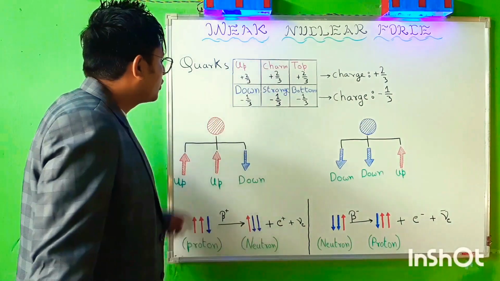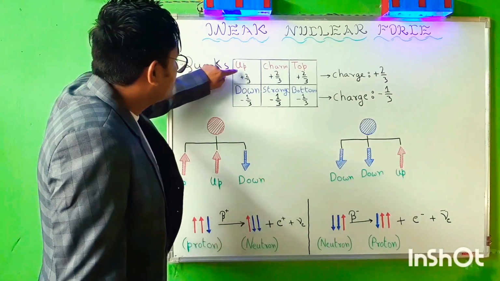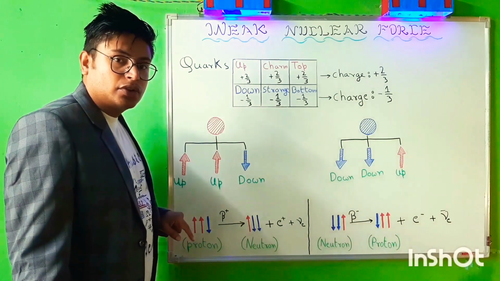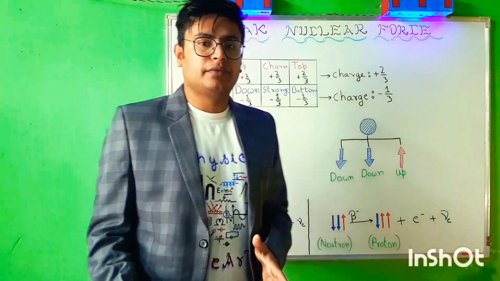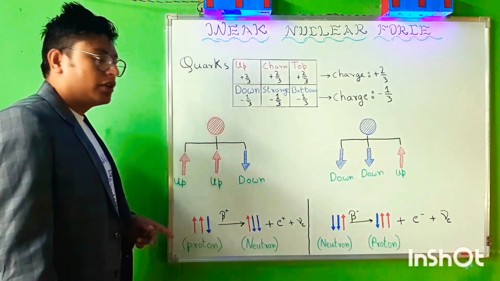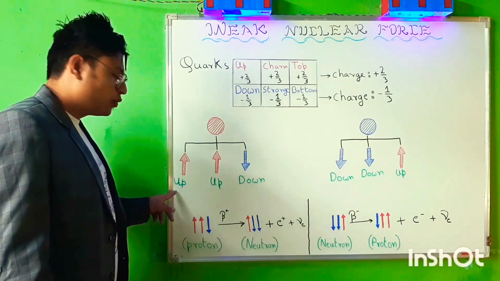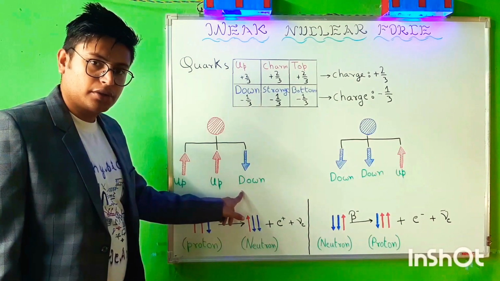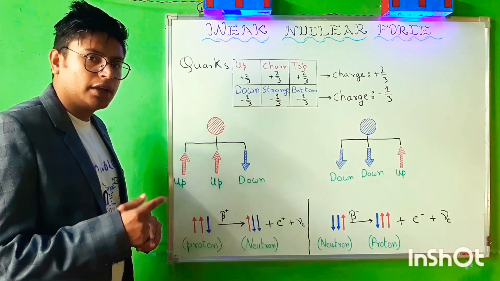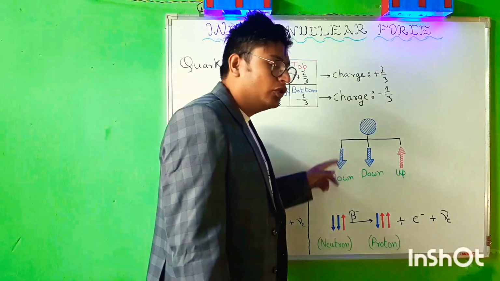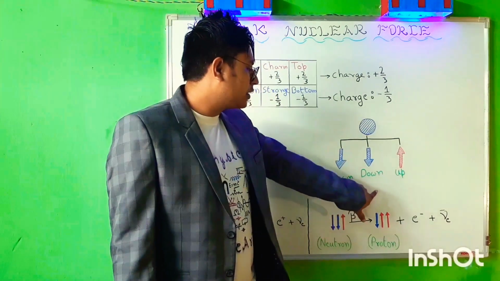Out of the 6, we are going to concentrate only on the up quark and the down quark, because these are the quarks with which a proton and a neutron are made up of. A proton is made up of a combination of 3 quarks, 2 up quarks and 1 down quark. In the case of a neutron, it is again a combination of 3, 2 down quarks and 1